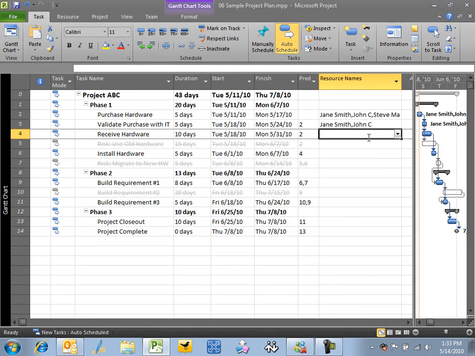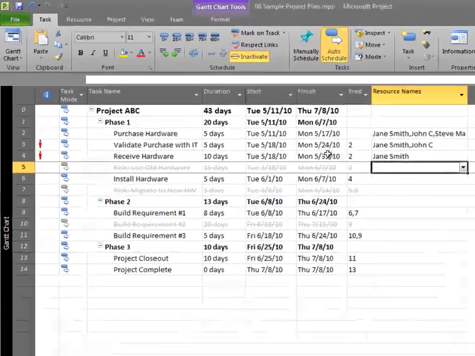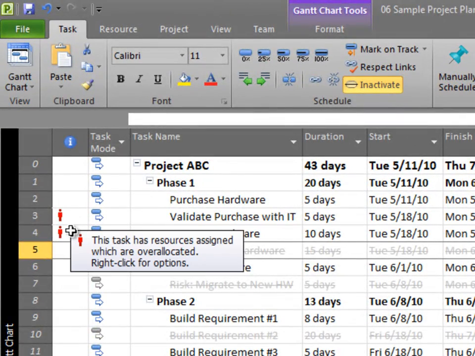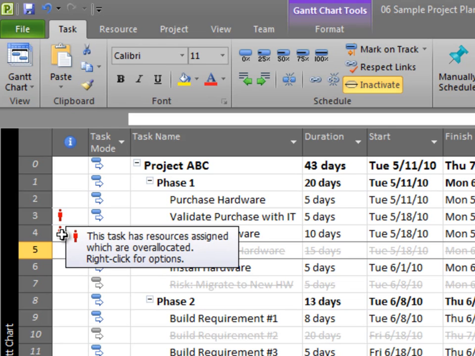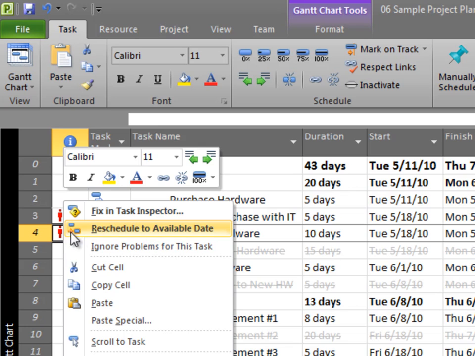Okay, so let's go ahead and add Jane Smith to one more task. Now what you might have noticed on the left-hand side here are these two people that showed up. These little red people indicate that there's an overallocation. And the message when I mouse over says this task has resources that have been assigned and are overallocated. So it gives me a little bit more of a notice, and I can right-click here, and I can say